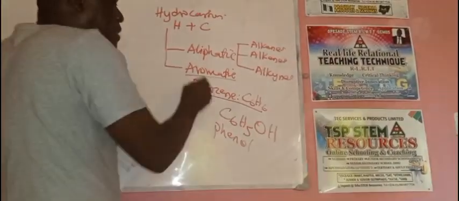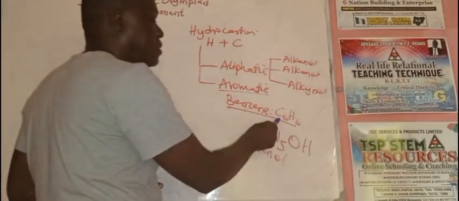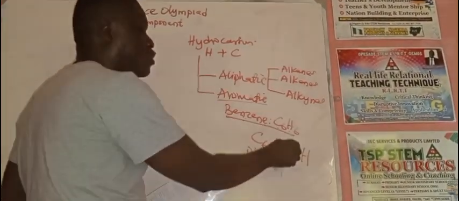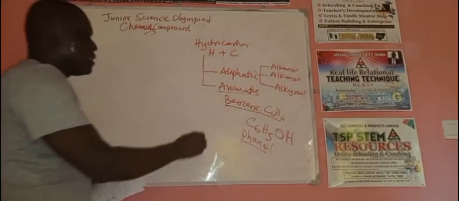The foundation to all aromatic compounds is benzene. And what is the chemical formula for benzene? C6H6. Take note of that. If you remove one hydrogen atom and you replace it with the OH functional group, it becomes phenol. Now benzene has